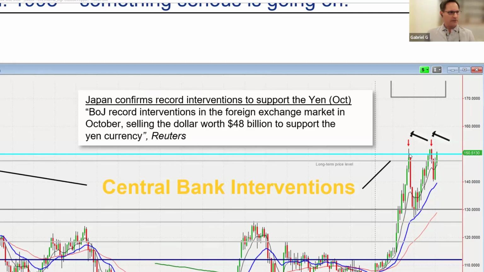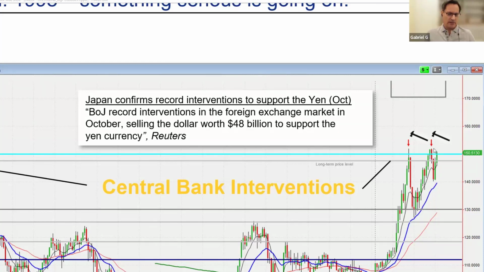So a couple of days later, it was in the news that the Bank of Japan intervened. They haven't intervened for around 25 years, so that was a very unusual thing. And this is the first intervention in October, and it was very expensive. It cost $48 billion for them to sell US dollars on the balance sheet of the Bank of Japan and buy back yen in order to increase the value of the yen, and that led to a drop here in price. But this is what we heard.